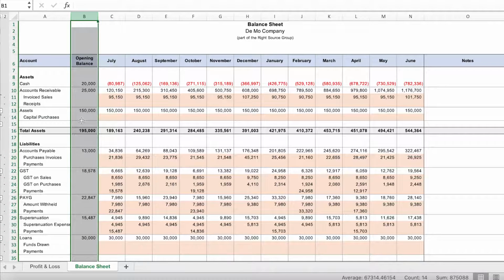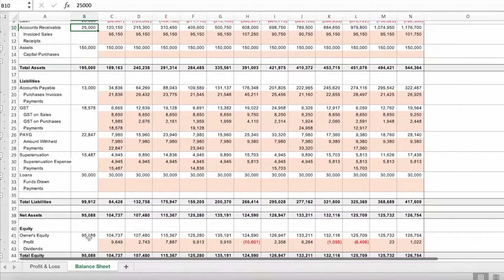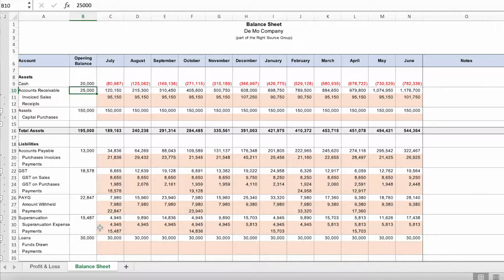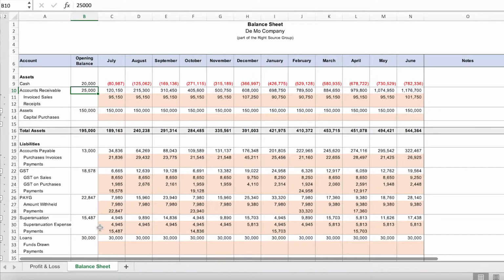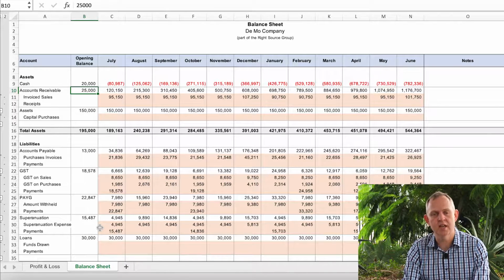Now you can see that we've put those in column B already. So you've got how much cash you've got, your accounts receivable, assets, then all your liabilities, and also your retained earnings or owner's equity. So that's the first step, populating those, because that's where you're starting from with your budget. Next, we don't start with cash. Cash is last. So the first thing we start with is your accounts receivable, your debtors.